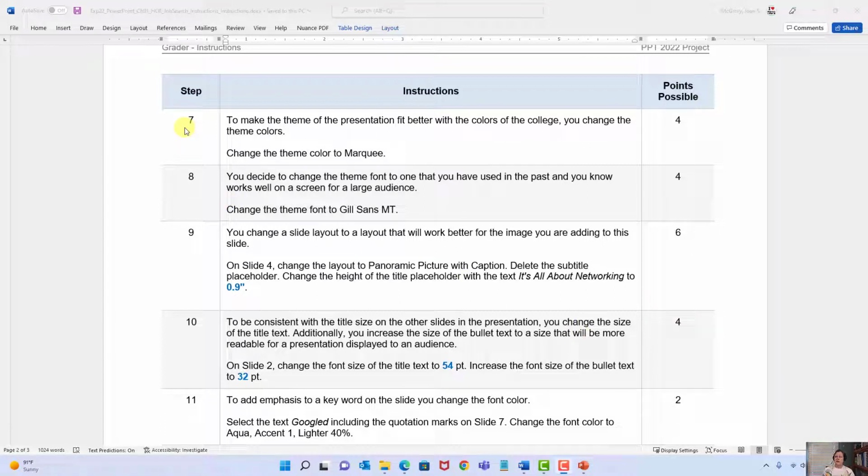On step 7, you can see that they want us to change the theme color, and they actually give us the reason that this is to fit better with the colors of the college. Well, all organizations, especially large organizations, have colors that they feel are very unique to them. So maybe that's our intention here. Let's do that. We're going to go back to our PowerPoint